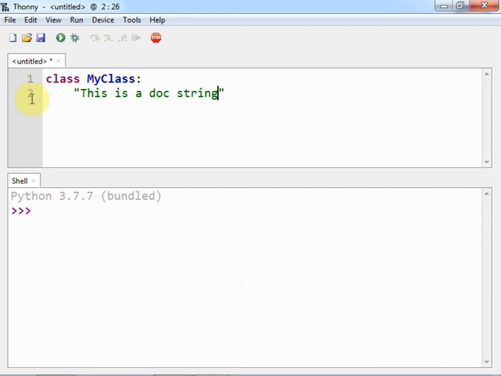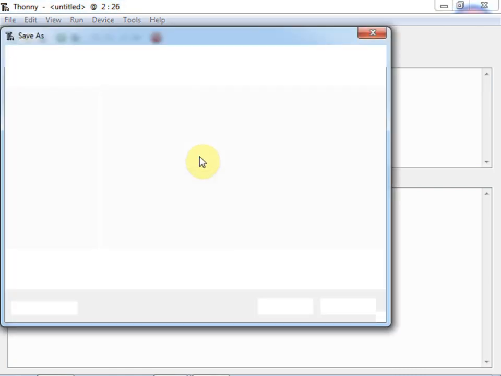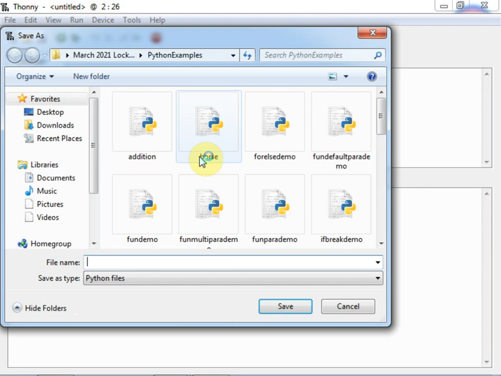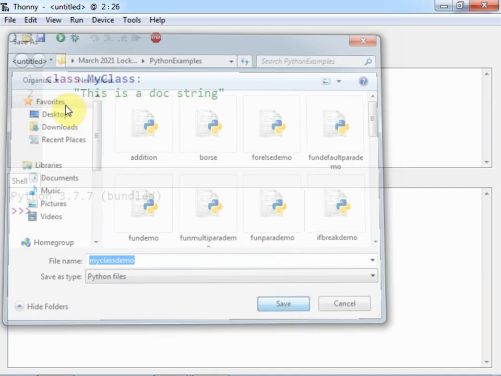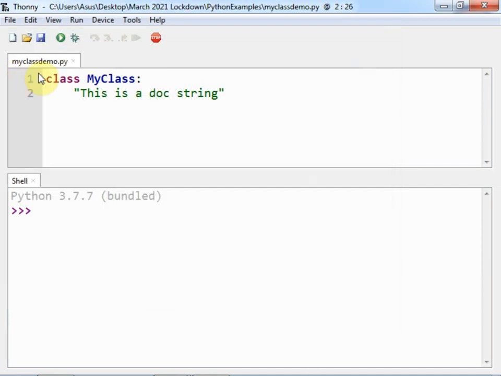Now I will save this file. Suppose here I will provide my class demo. This is the name of my Python file. So it is saved now, and this is the definition of class.